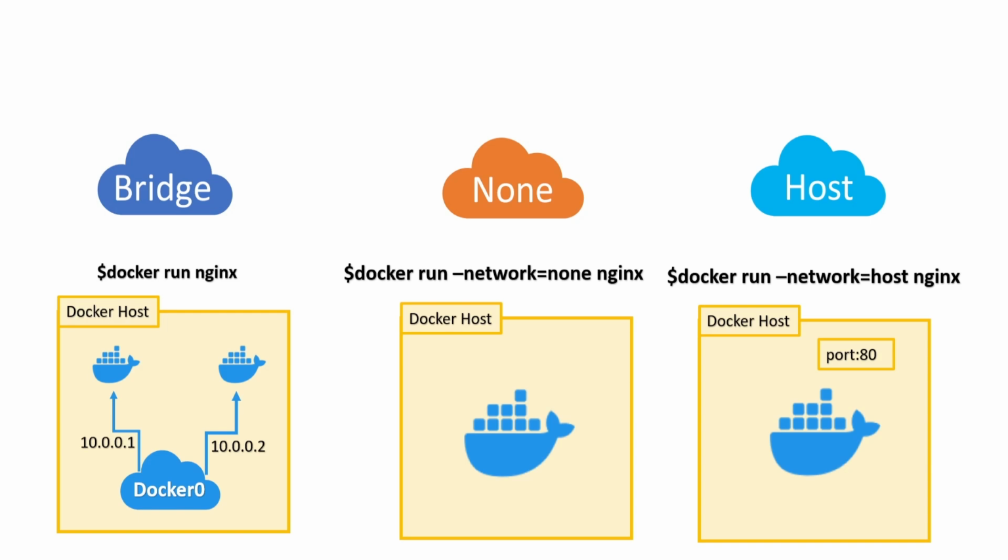I will show you that when we do the practical. Here, we can run our container on the host machine, but there is a disadvantage. The main disadvantage is port explosion, because ports can be